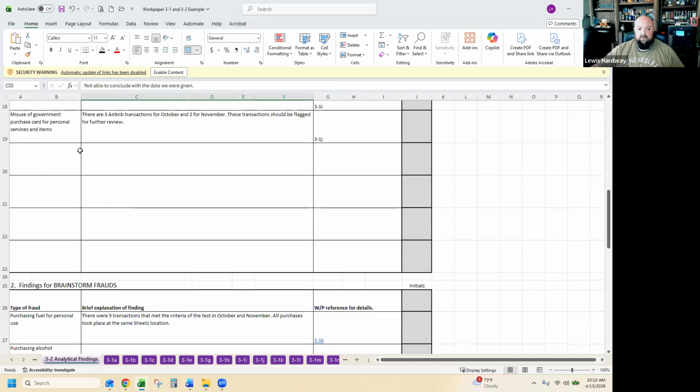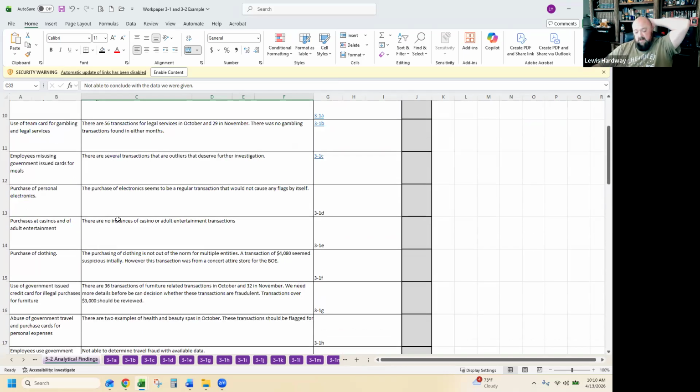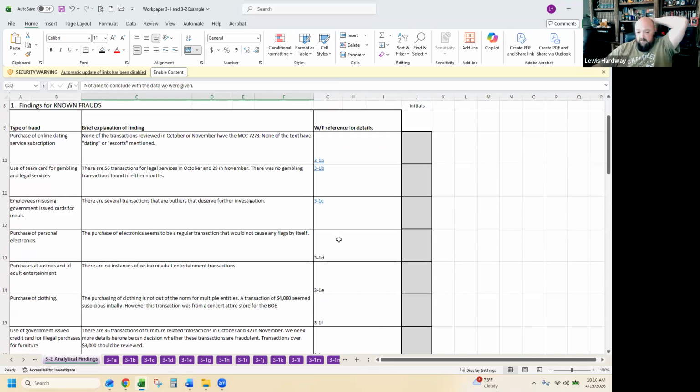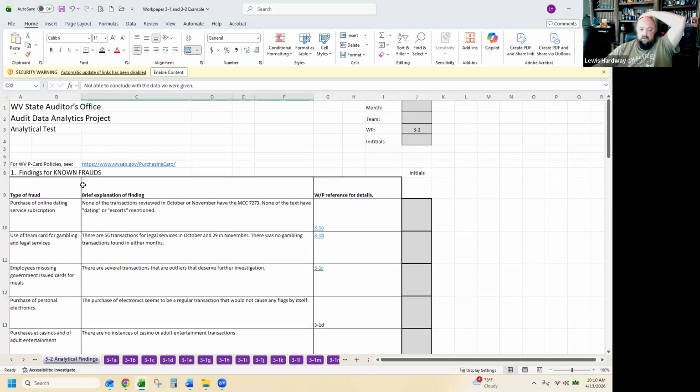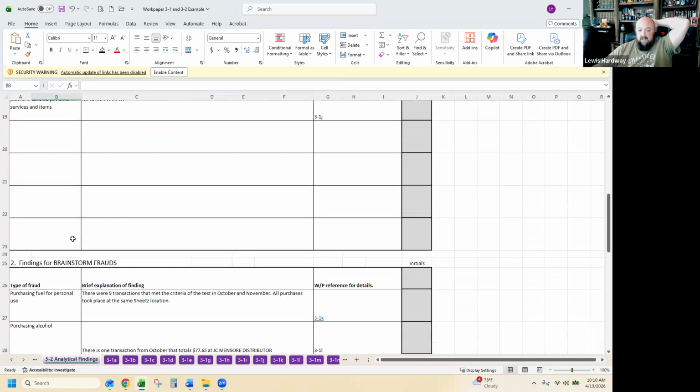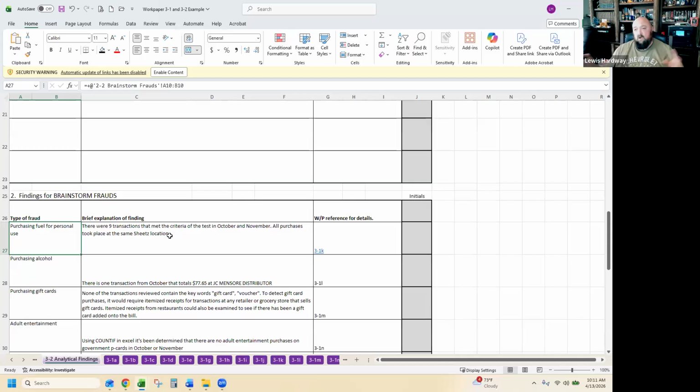Once again, you do not have to fill every box in. There's a bunch of boxes there with some extras. I would split up and maybe each person do a couple of items from each one of these, the known frauds and the brainstorming. Or if you already split the others up a different way, as long as everybody's working on it, that's what matters. So go ahead and get started with this. Let me know if you have questions. And I think we're going to finish strong on this one.